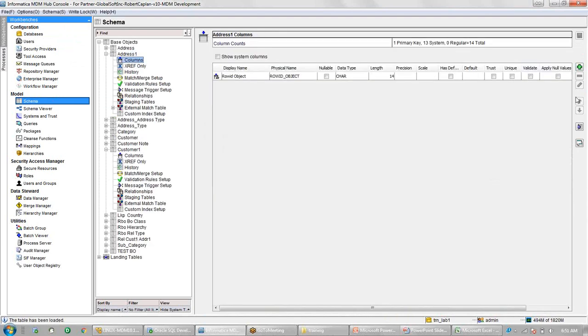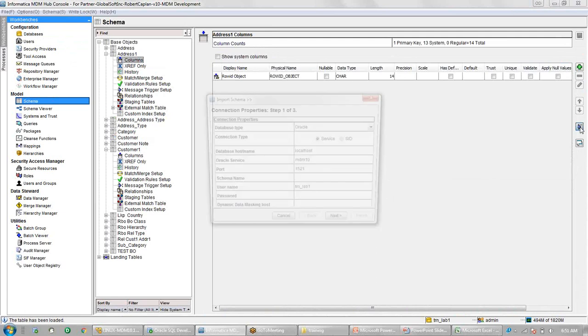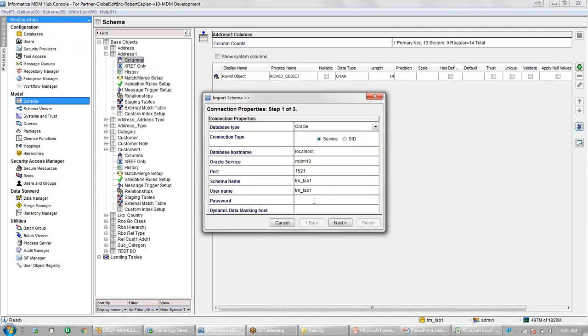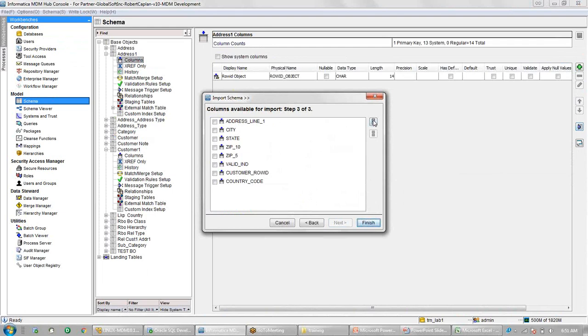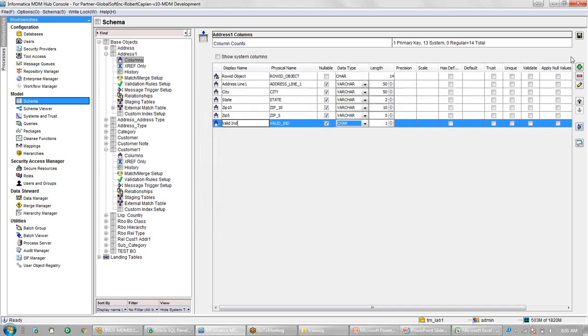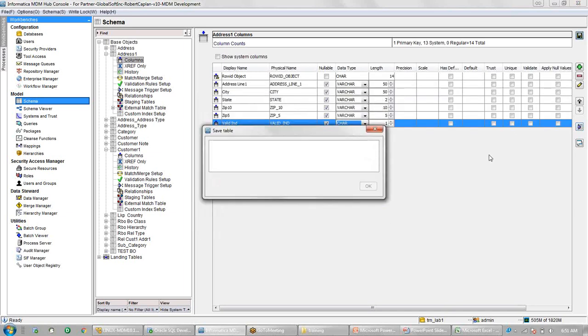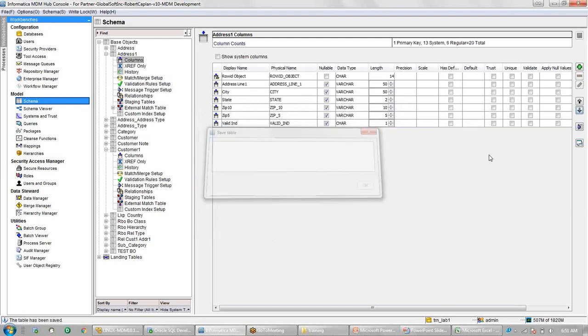Now I will go and import again the columns for the address table. Okay, so both the tables are created, the customer table and the address table.